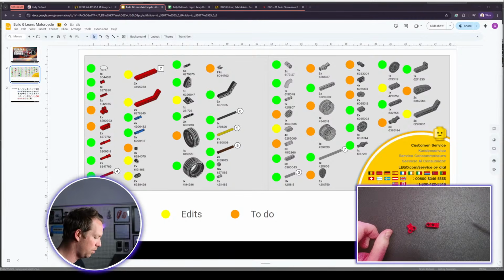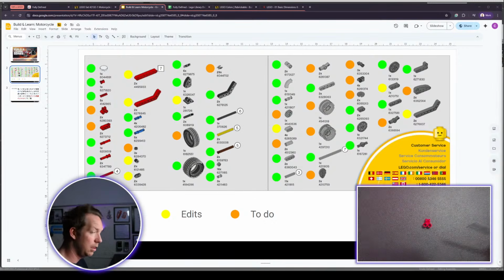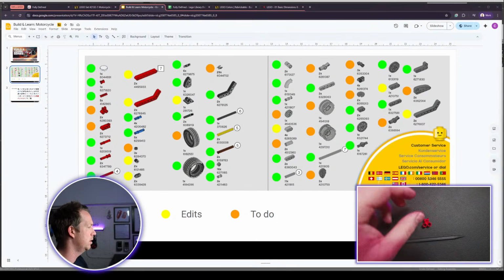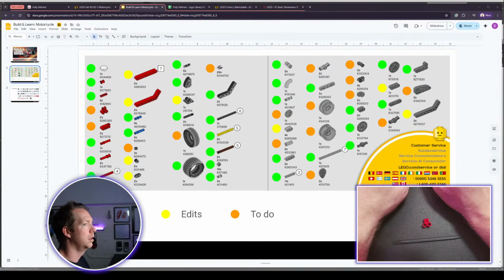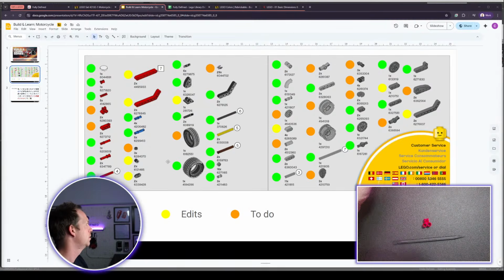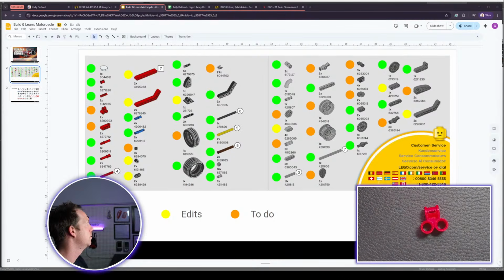Okay, so we're going to jump on to this one first. And I will just zoom in the camera to get that a little bit bigger. Don't want it too tiny. There we go. All right, so if we have a look at this part,